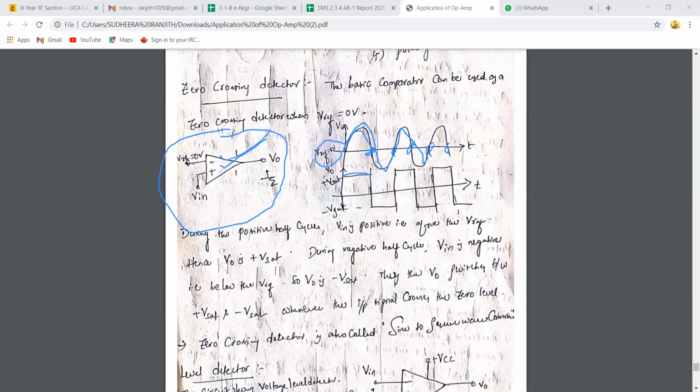We are giving zero V reference at zero. Your output shifts from plus VSAT to minus VSAT, it maintains the minus VSAT level. Whenever again the input signal crosses this zero level, again output shifts to plus VSAT. Again at this position, whenever it crosses the zero level, again negative VSAT. That means in zero crossing detector, nothing but the comparator detects the